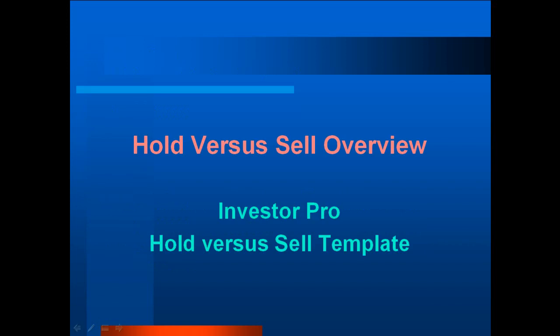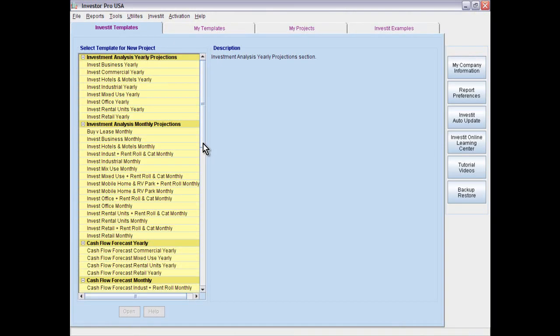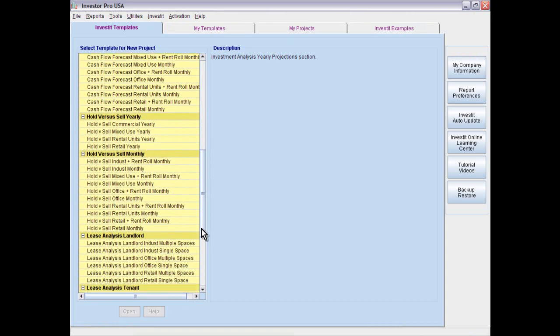I'm now going to give you a quick tour of hold versus sell analysis, and we'll be using the hold versus sell template, which is available in Investor Pro. The first thing I'm going to do is open up Investor Pro. This displays the Investor Pro panel, and I'm just going to scroll down here to the hold versus sell, and